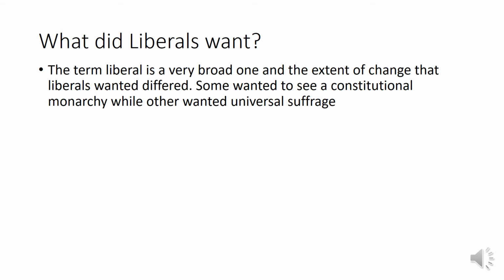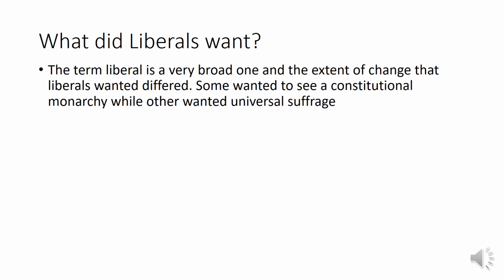Constitutional monarchy is what we have in this country. It is where a monarch or a king or queen stays in place, but they are limited by a series of rules. We looked at this to an extent in our GCSE course with the Magna Carta. The Magna Carta was the list of rules the barons wanted King John to agree to. And these rules put restrictions on what he could do. For example, he could no longer lock a baron up without a trial. He had to allow barons to keep their land unless there was a genuine reason. He couldn't just take it away.